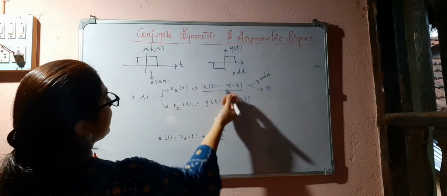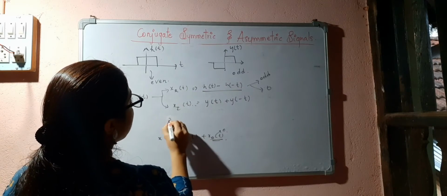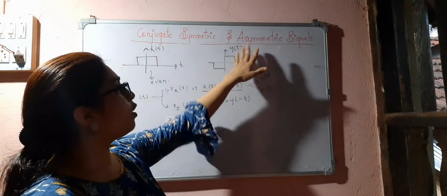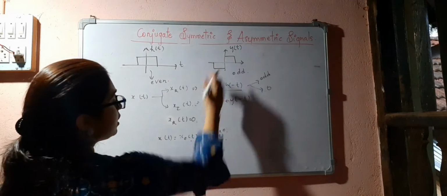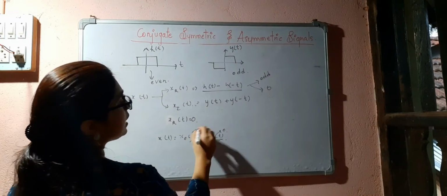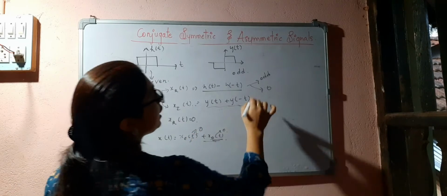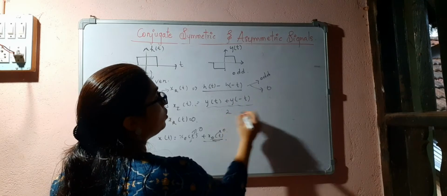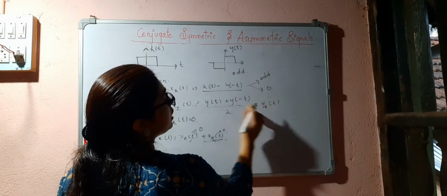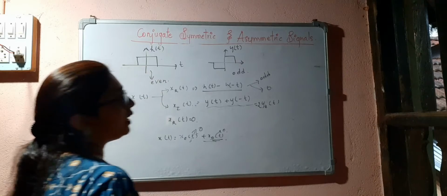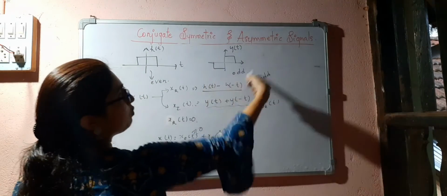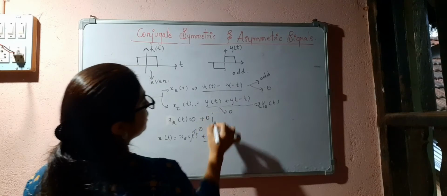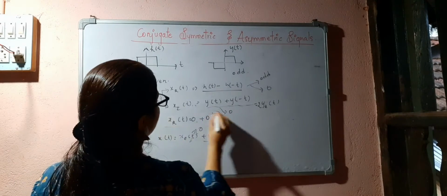So if I subtract that 2, I will be getting 0. So the real part will be equal to 0. But here you can see y of t is an odd signal. Odd signal means the even part is equal to 0. So this will be the even part of the signal, right? y of t plus y of minus t by 2 equals ye of t. So this comes this side, so 2 ye of t. So what is the even part of the signal? That is equal to 0. Again 0. So this is 0 plus 0j. So there is no signal at all, right?